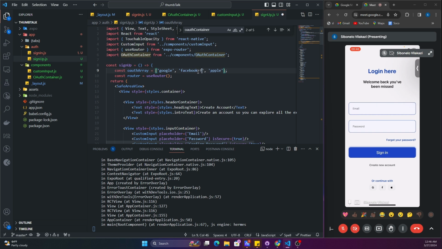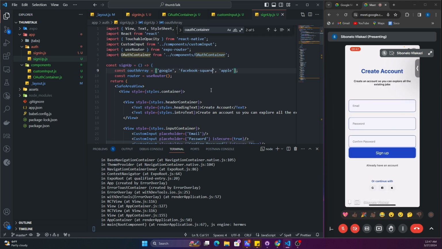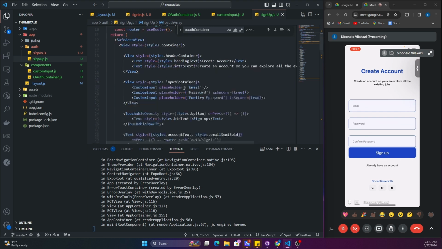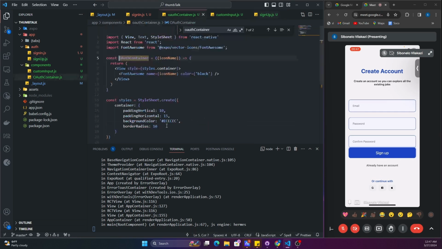So you can have something like Facebook Square. You can have Facebook Square. And if I go to there, you'll see that's that Facebook Square, right? Oh, and another thing that I didn't set up. Interesting. I was wondering why my icons are so small, right? So it's the size of the icon. This is supposed to be set up to like 24, right? Now you can see those icons a bit better. So now if I save that,